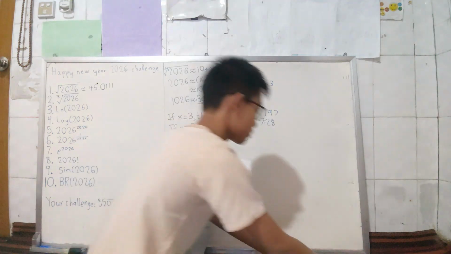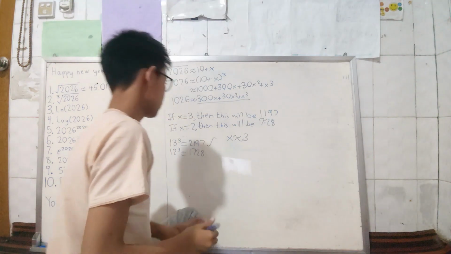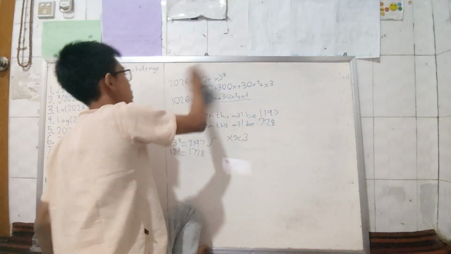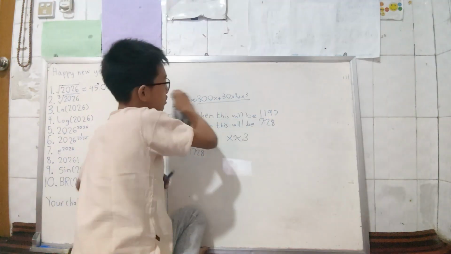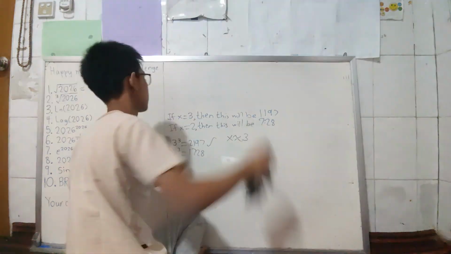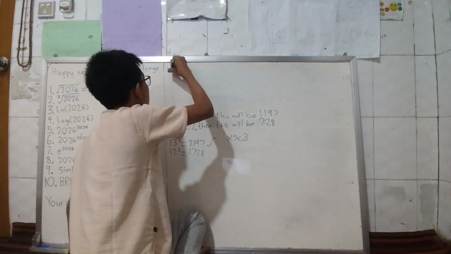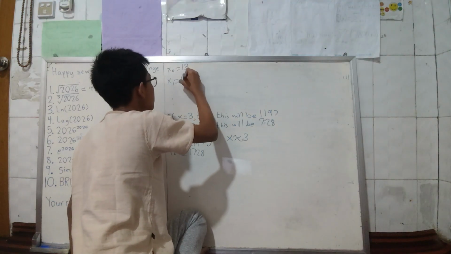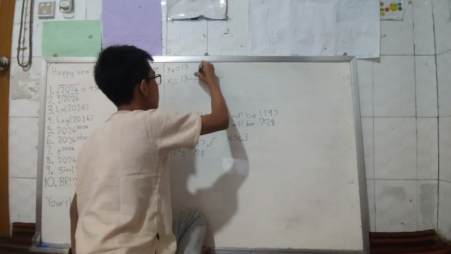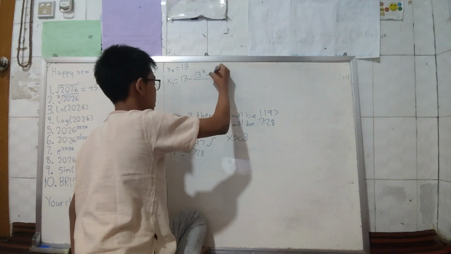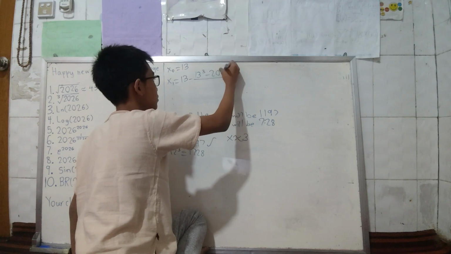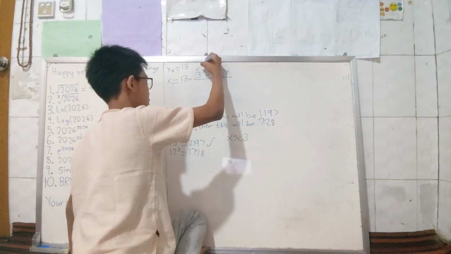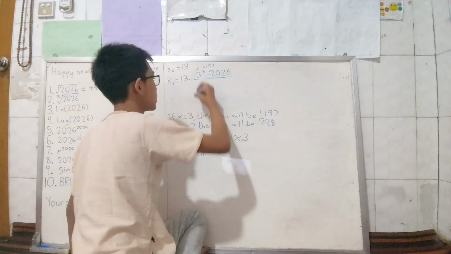So x0 is 13. x1 is going to be 13 minus (13 cubed minus 2026), which we all know that's going to be 2197 anyway,